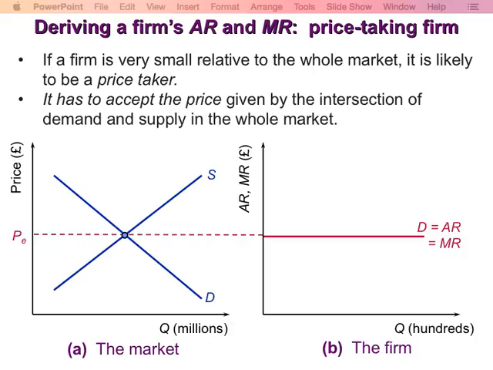Obviously, the market demand curve will be downward sloping. But the firm faces a horizontal demand curve. That's because they cannot control the price. They cannot raise the price. If they do, buyers will move to other companies because there are plenty of them. Plenty of companies that are supplying this more or less identical product. So a slight increase in price, quick switch to other customers.